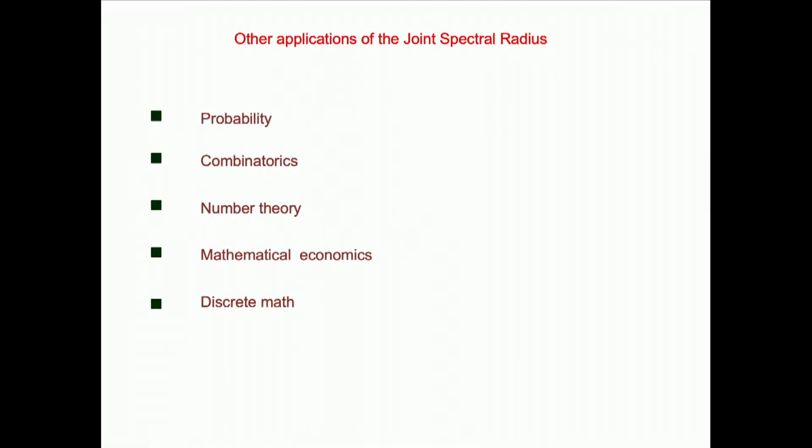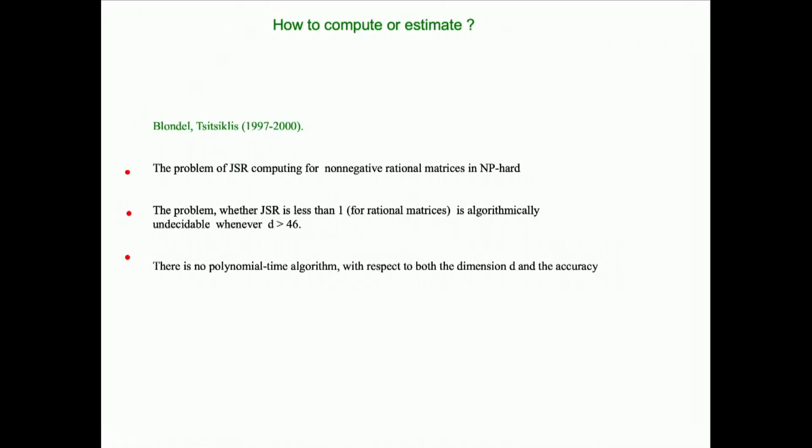Let's see. This is a list of applications, but let me immediately turn to the computation aspects. How to compute the Jones spectral radius? The usual spectral radius of a matrix, as we know, can be computed just simply by computation of its eigenvalues. Unfortunately, there are no formulas expressing the Jones spectral radius by the eigenvalues, and possibly they cannot exist because of these